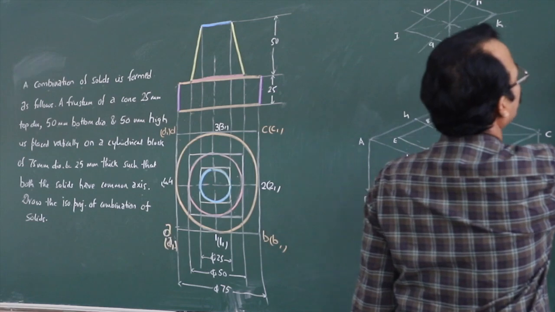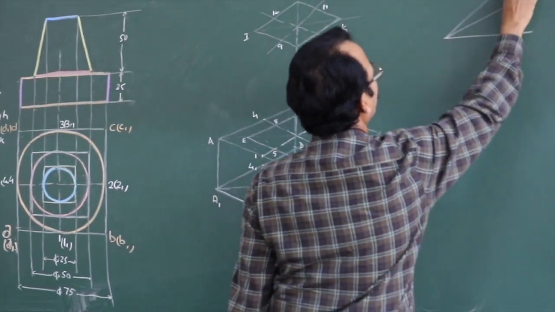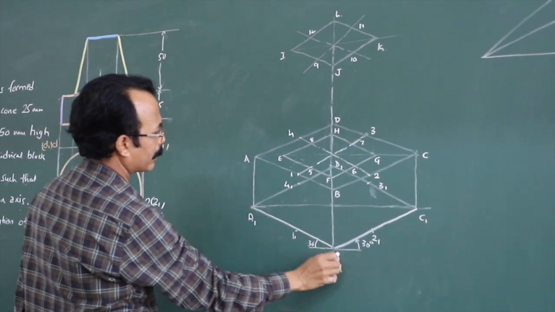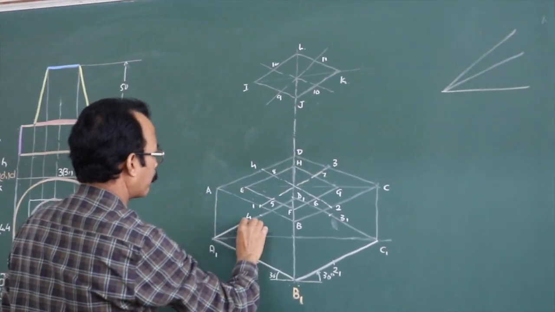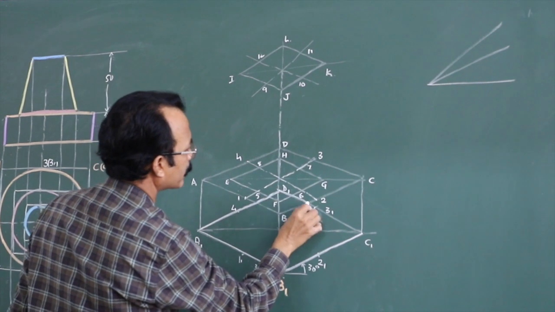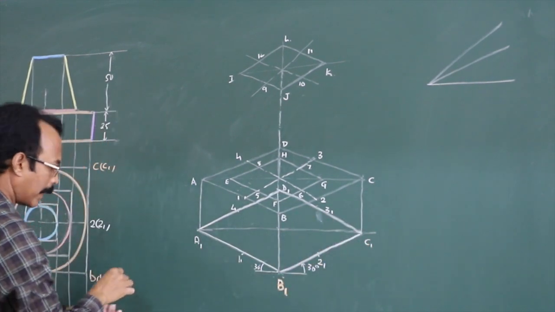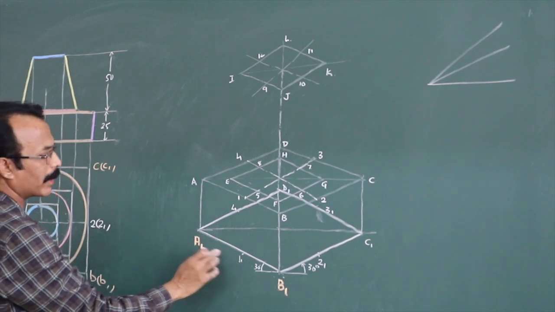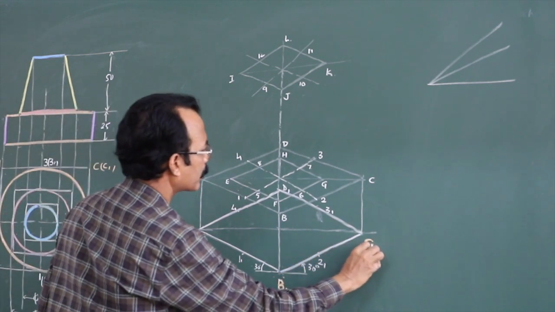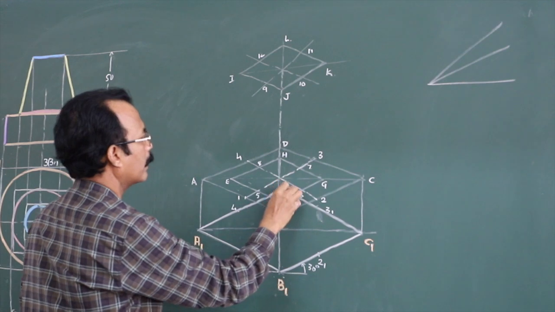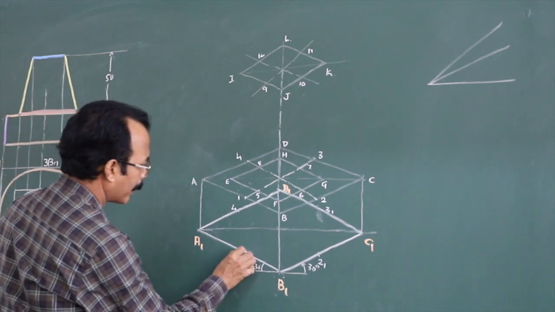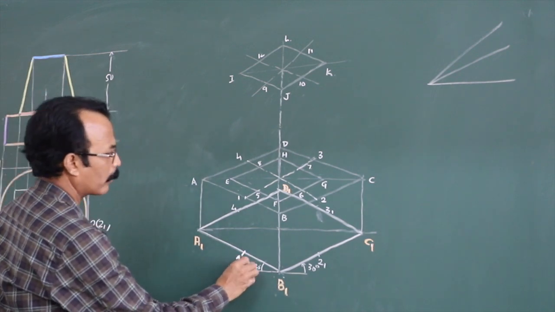Again, this is common, you must have the isometric scale. Then take this 75, get it converted, come and mark this here. Then complete this base square here, right? So this is your A1, B1, C1 and D1 there. Then you take this distance A1 1, get it converted, come and mark the points 1_1